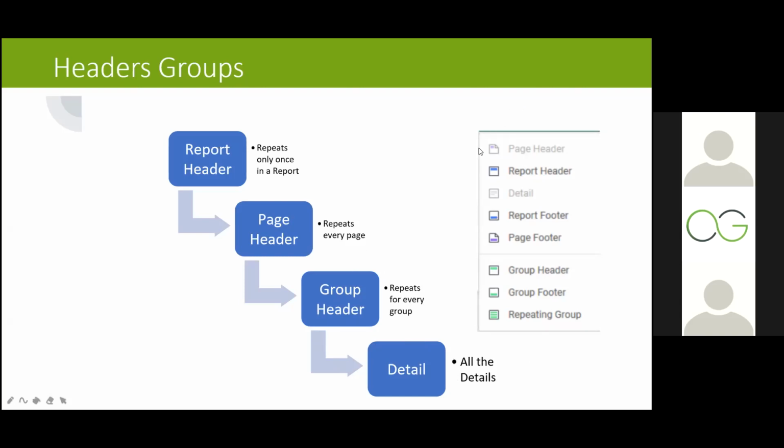Now in your report, of course, you have seen this UI will change going forward. In the forthcoming version, you will see changes to this UI. But currently, this is the UI that you will be seeing in your report, where you have the page header corresponding to this, then the report header corresponding to this. Then you have the detail, and then the report footer and page footer. And if you have a group, then you use a group header and group footer. Since this particular slide is only for the headers, you will use only the header part.